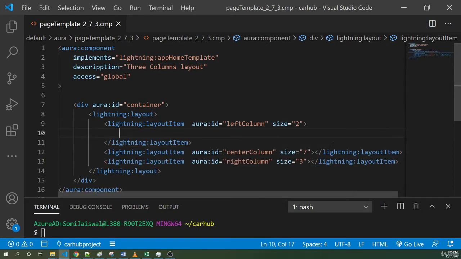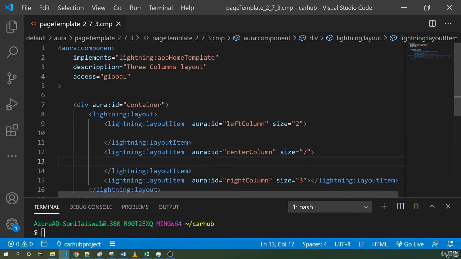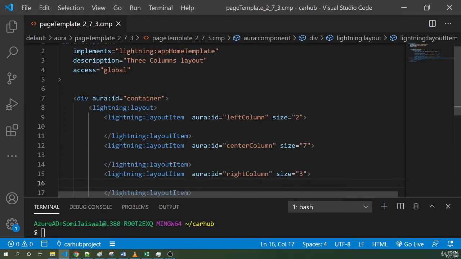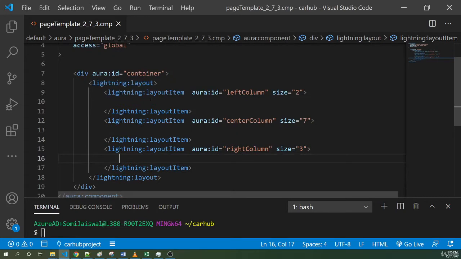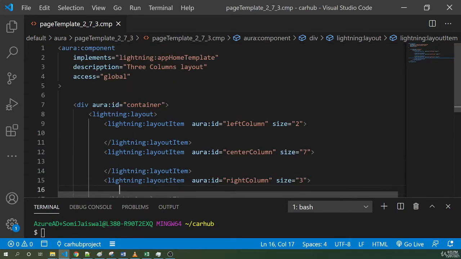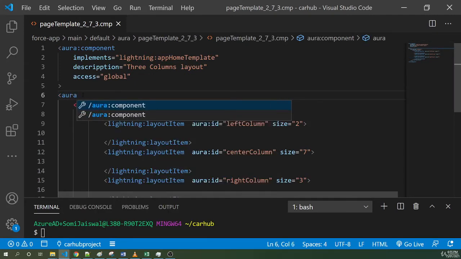Now we have to create an Aura component container basically that will, whenever we drag our component, it should come here and sit here in the layout item. For that, we'll go and create the Aura attribute. Let's say aura:attribute. We'll say name is left. We'll say type equal to Aura.Component,